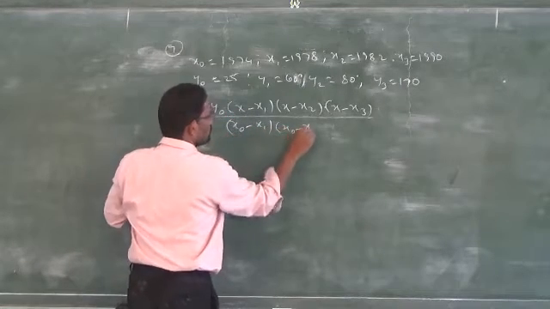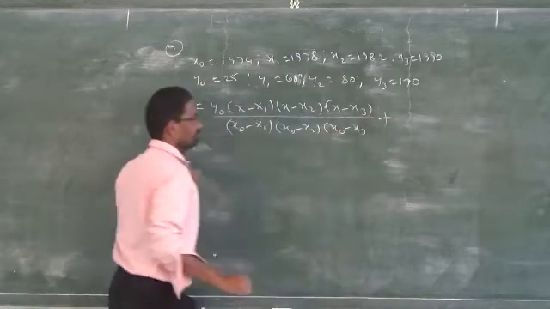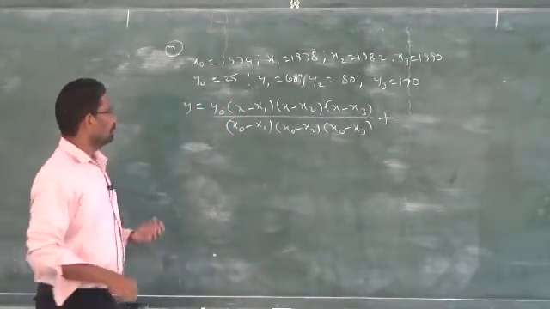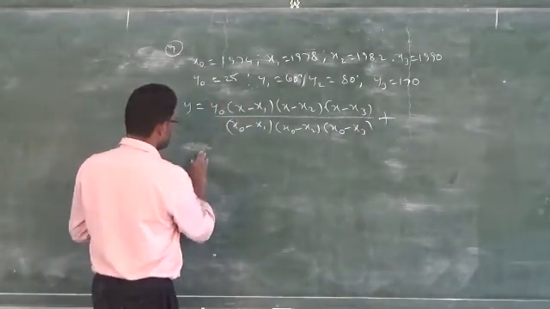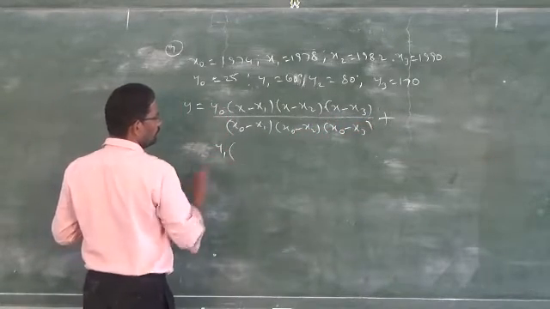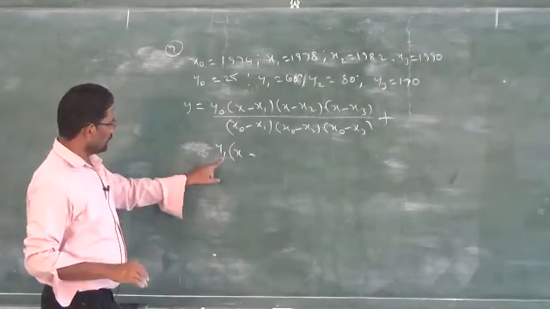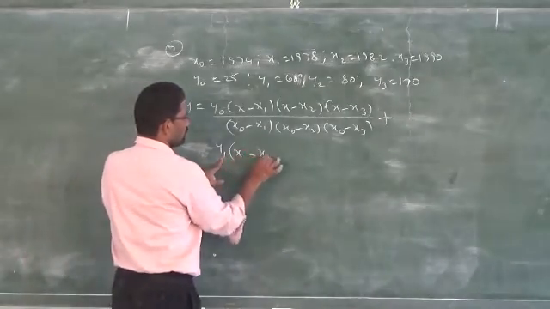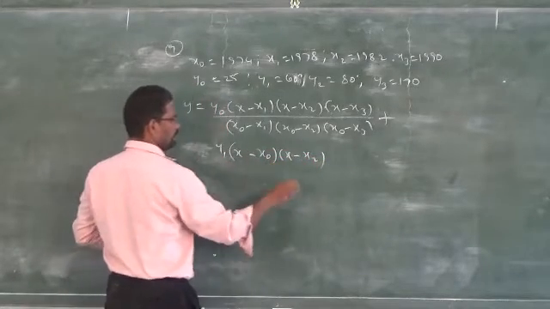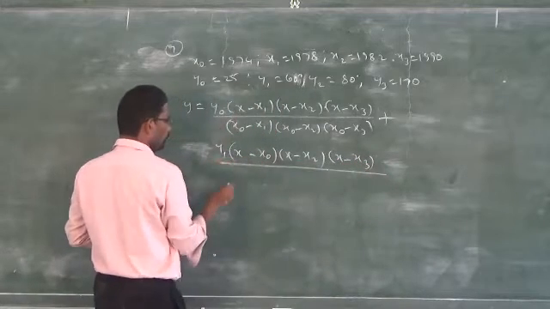Don't change the remaining ones; write them as they are. The formula is a bigger one, so you have to memorize it. So: y0 first, then after that y1. The numerator always starts from x. If you start with y1, the corresponding x1 you don't write, just leave it. Other than x1, you have to write (x minus x0), (x minus x2), (x minus x3) over